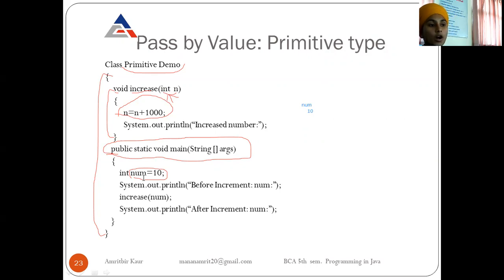Firstly we just display this value. Before increment, num will be 10. When it is executed, it displays the first message, like before increment and num value 10. Then we call the increase function with num.